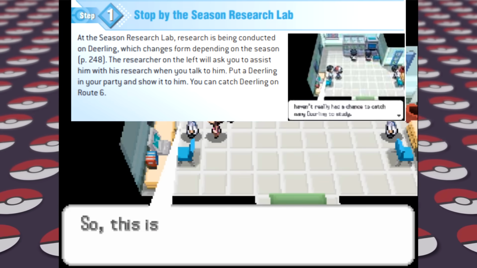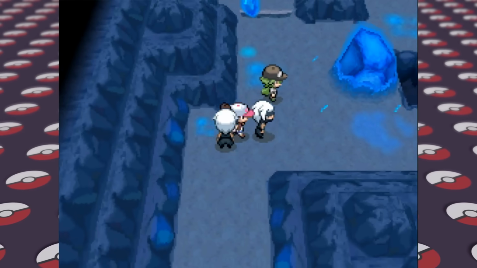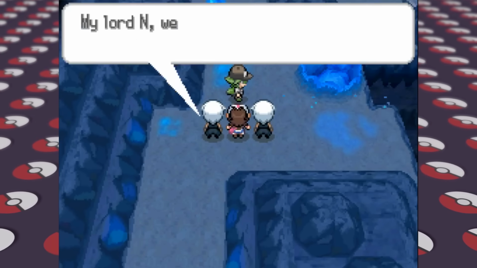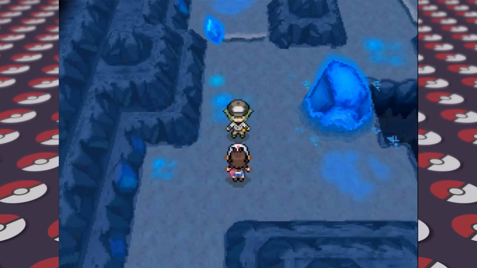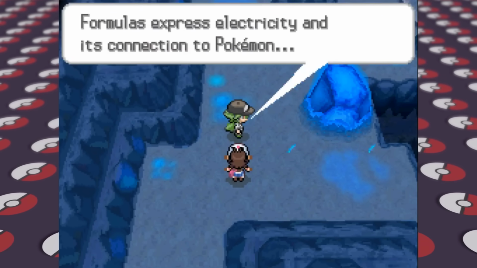We don't get anything out of showing them a Deerling, but now we can go through the Chargestone Cave in order to get to the next town. I ran into a wild Pokemon every 2 steps going through the cave, but on the way we're also given a lucky egg from Professor Juniper and have a fight against N right at the exit, where his team matches